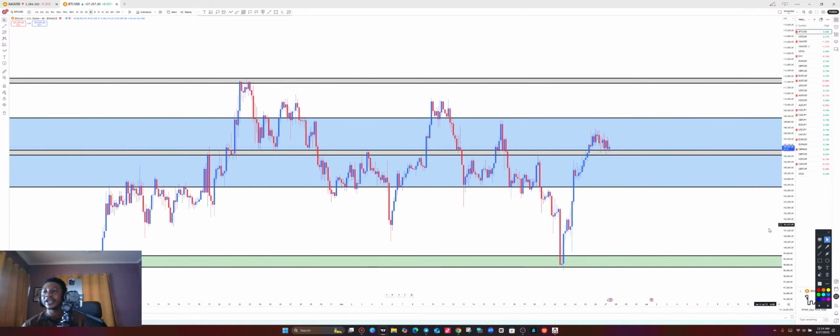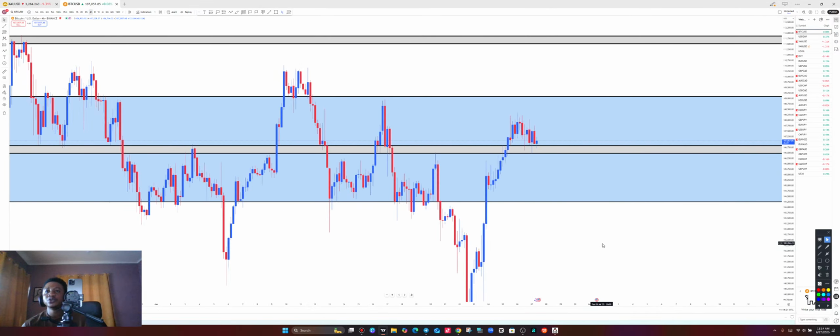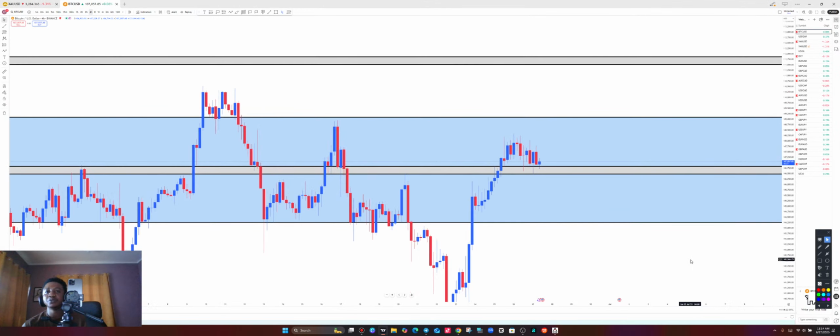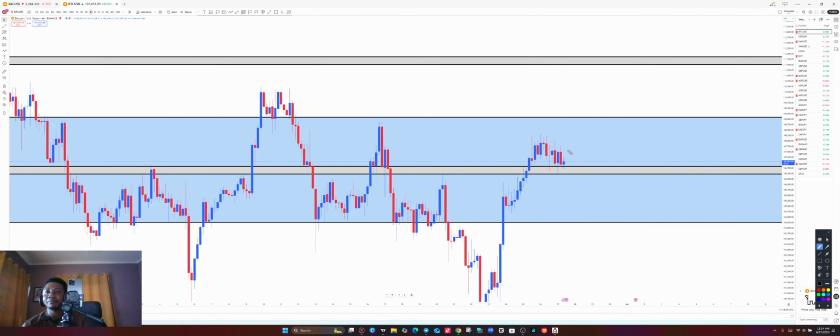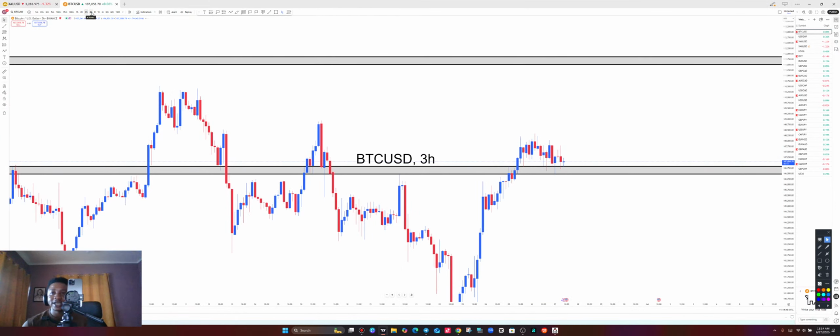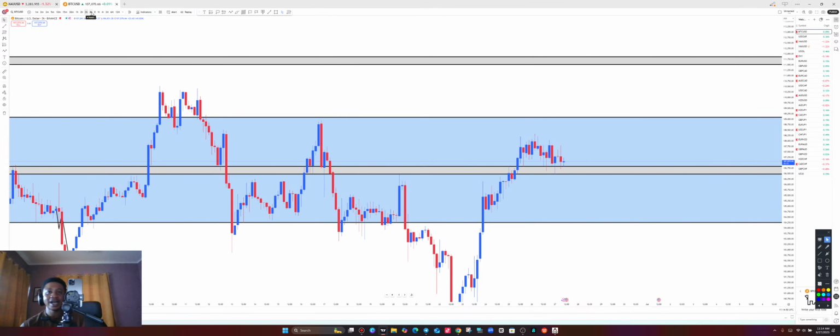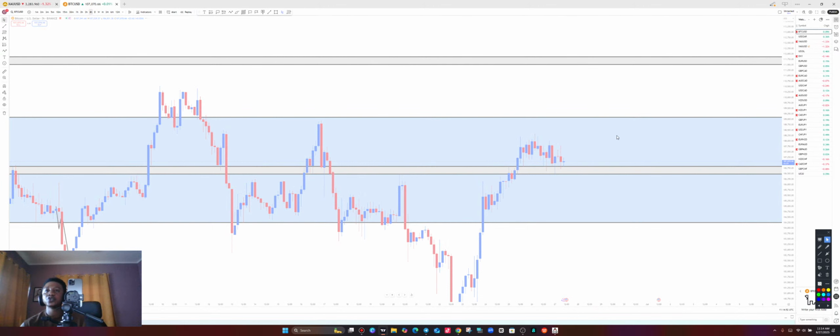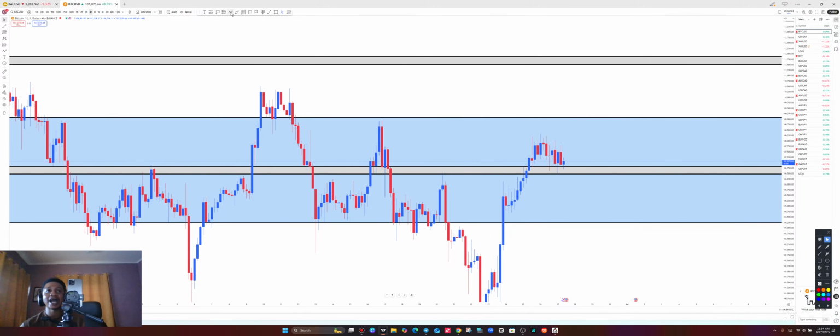So we are waiting on the candle confirmation here after the retest to buy all the way up on BTC USD. Immediately we can spot a candle confirmation over here, be it a bullish engulfing candle, a pin bar, or a morning star, we buy all the way to the upside as well. Entry can either be picked on the 4-hour or on the 3-hour, any of them. Where we see the candle confirmation, that's where we are going to enter. So BTC USD, this is also a full and complete technical analysis.